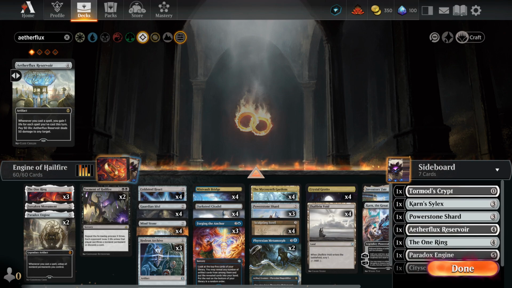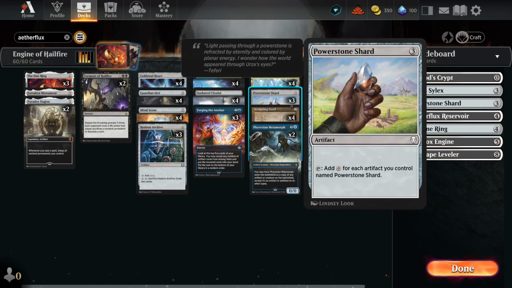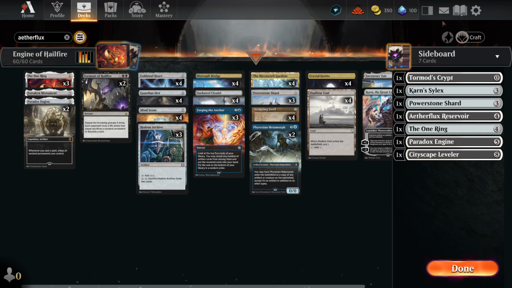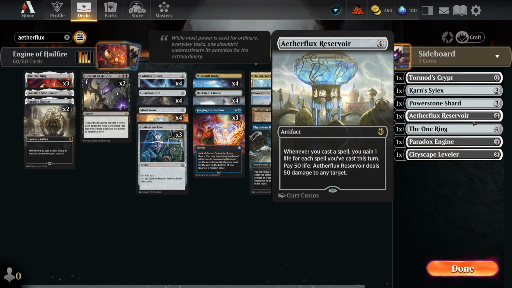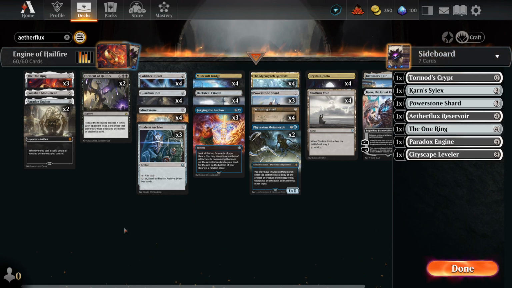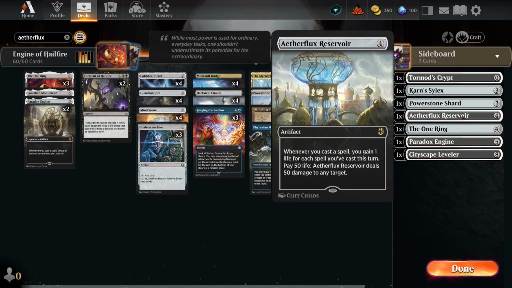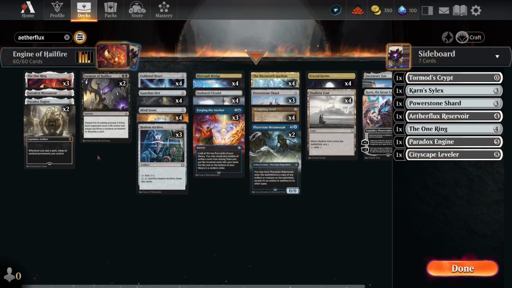It is useful because it allows you to go off easier with just your normal rocks, not have to worry about Powerstone Shards. But this is just another win condition in and of itself that you can go off with. The main reason I decided to go with Torment of Hailfire in the main deck instead of Aetherflux Reservoir is that